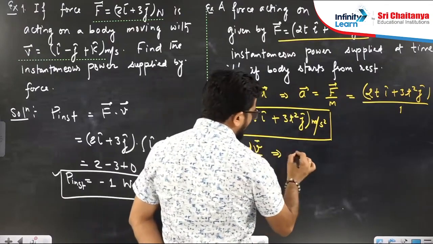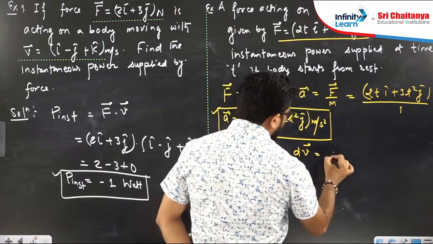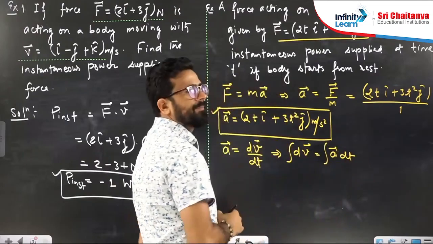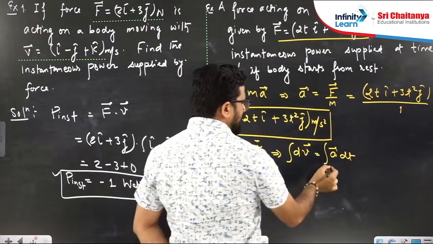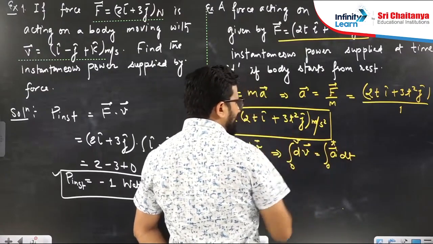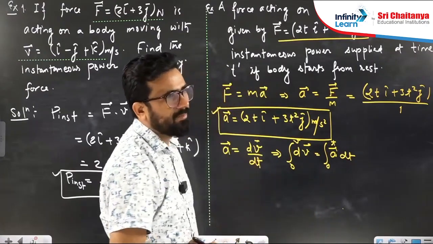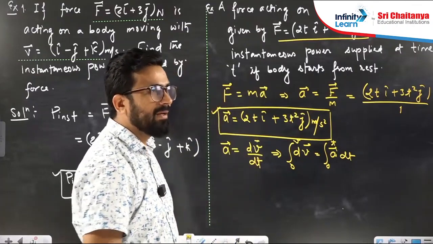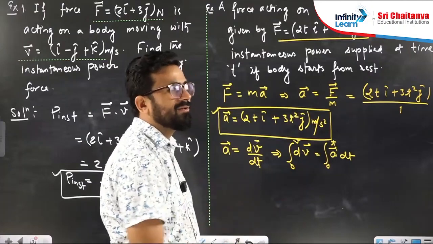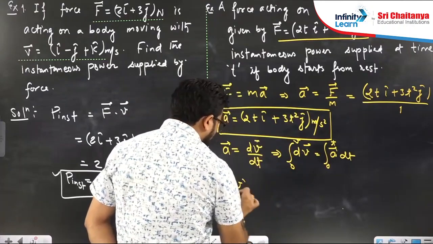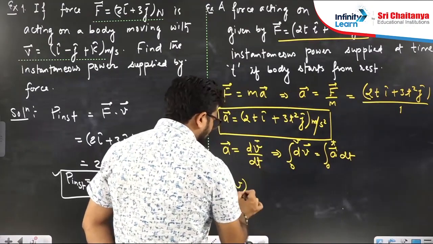That means from here we can say dv is equal to a into dt. Now we have to put the integration, from 0 time to t and from 0 to v, because the body starts from rest. This is not differentiation, it is integration. We will see. So now put the value, you will see v on the left side and 0 to v,